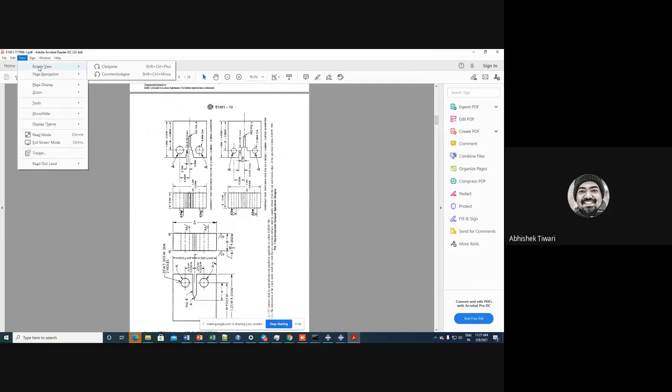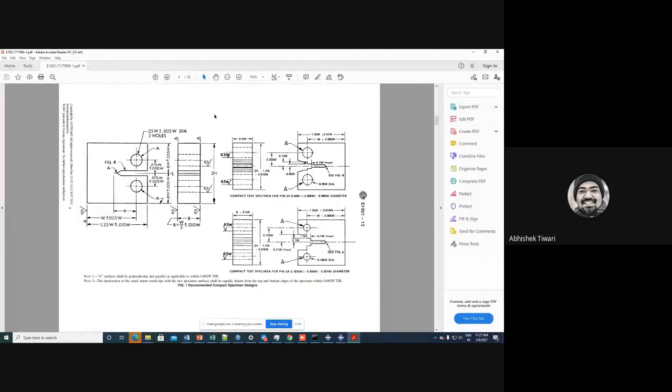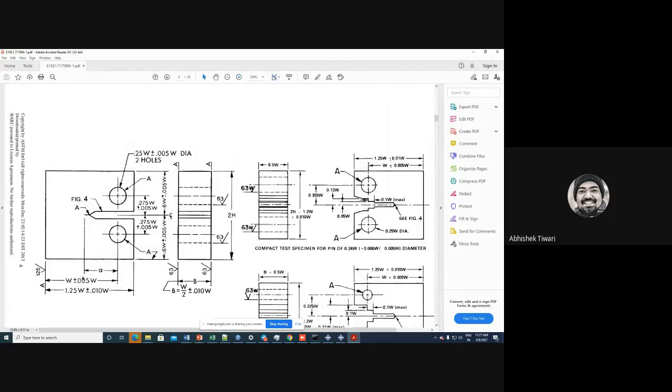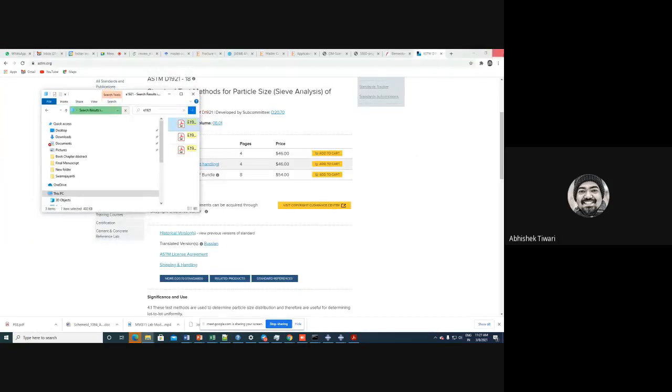We will model the simple one, and half of it we will model. You see that W is the width of the specimen here. Our W is 20 millimeters, and the initial crack length will be 10 millimeters. So 20 minus 10 is 10. So the initial ligament length will be 10 millimeters. So let us do that.